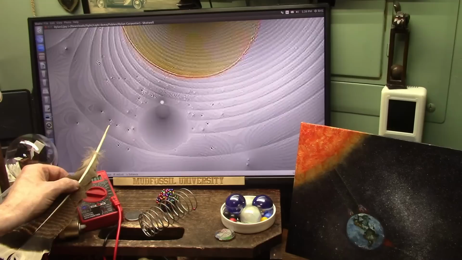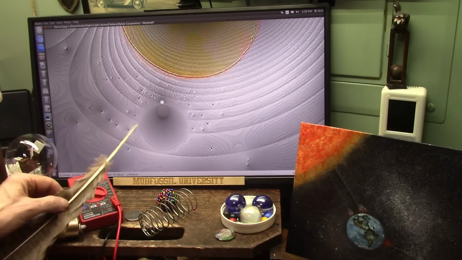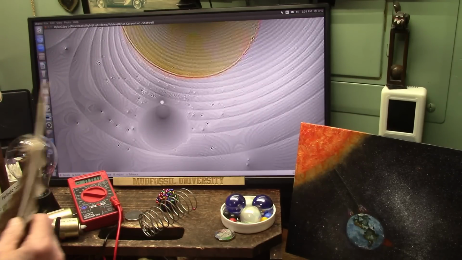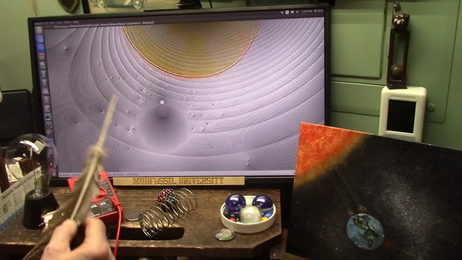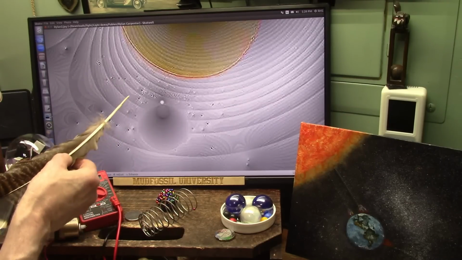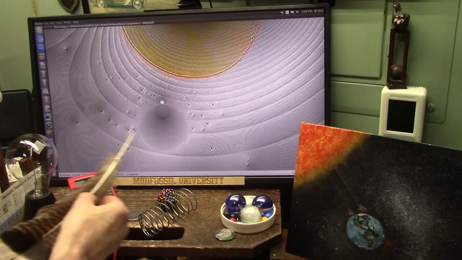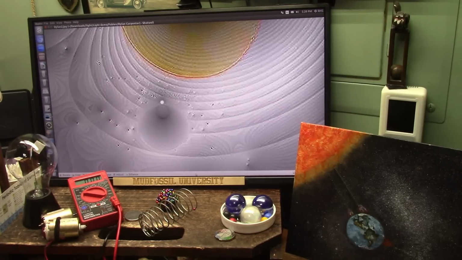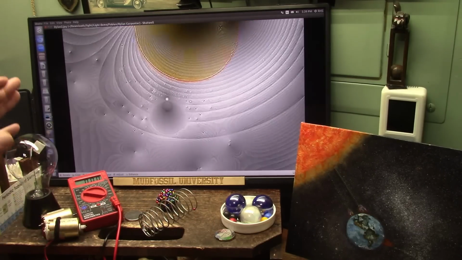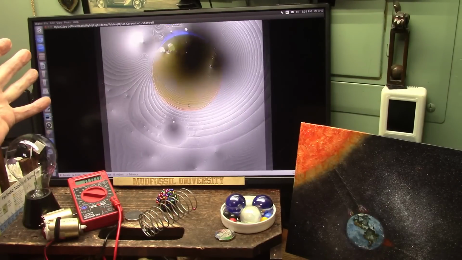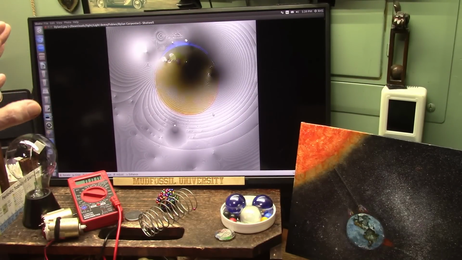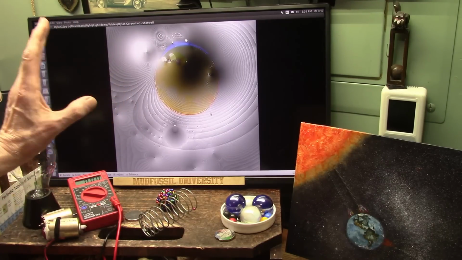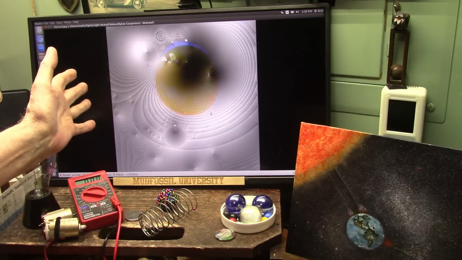Now, the reason you see all those little tiny spots around it, I believe, are pixels in the cell phone. So I don't think they represent anything special. I don't know. But I see them, they're all on the same plane, more or less. And they're the little dots, and that's what pixels are made out of, little dots. Now, again, I didn't do this, so I don't know exactly how it was done, what kind of phone, what kind of app. But I have a bunch of these different pictures from New Zealand.